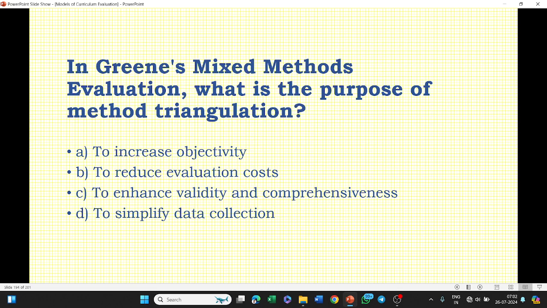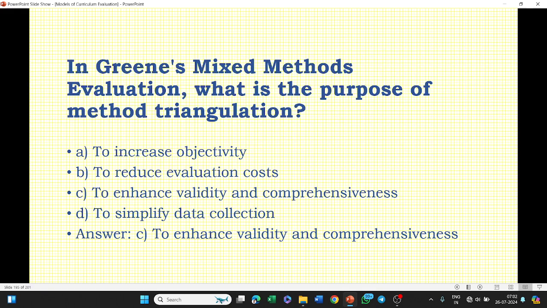In Greene's mixed methods evaluation, what is the purpose? Options: method triangulation to increase objectivity, to reduce evaluation cost, to enhance validity and comprehensiveness, to simplify data collection. The answer to this question is option C, that is to enhance validity and